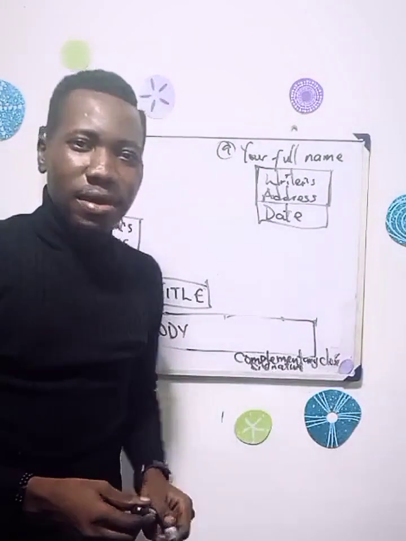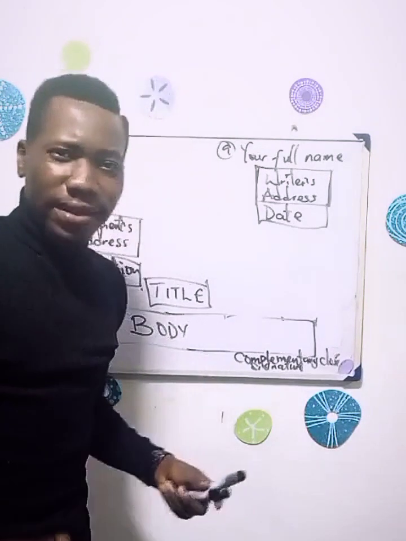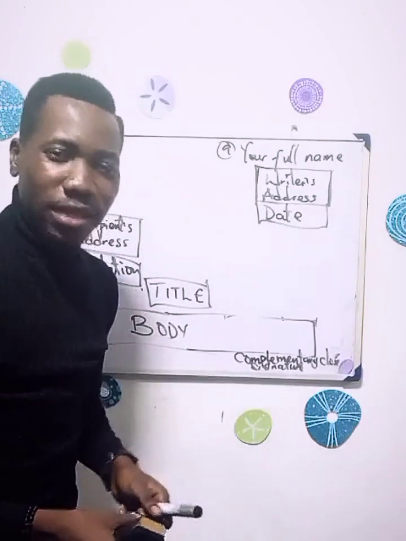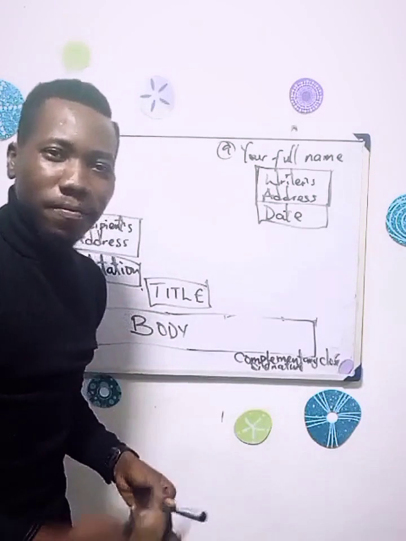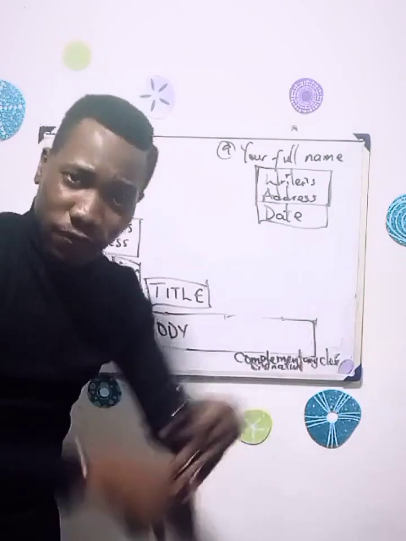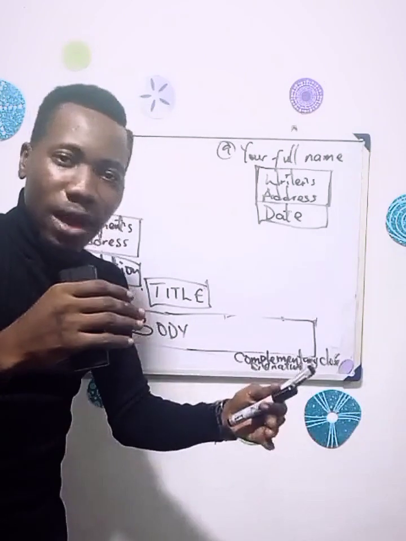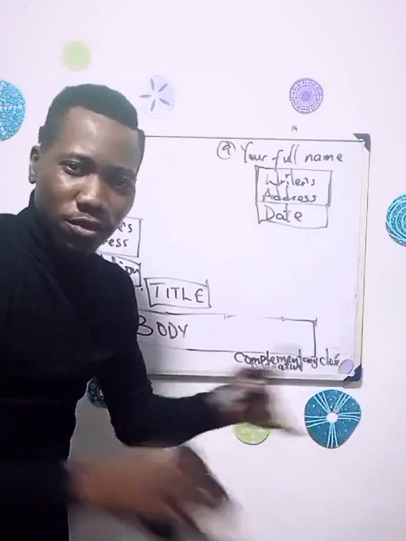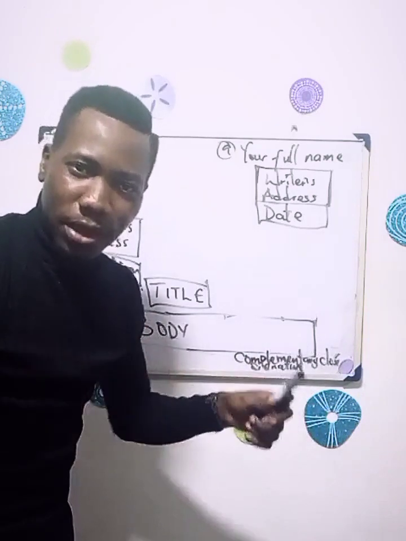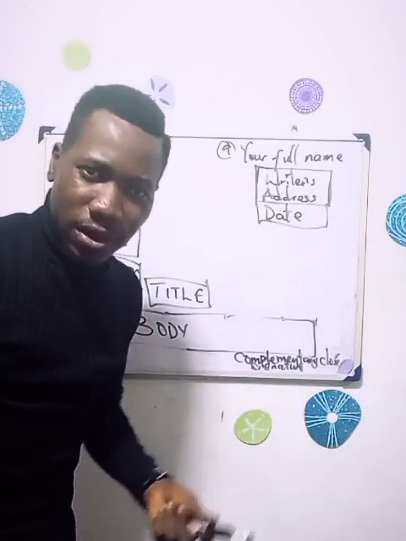Let's say we need to write a cover letter for an application. You are applying for a job somewhere. Let's say you saw a job advert in a newspaper and you want to apply. So in your envelope, you have your CV, your other documents, your credentials, your certificates, and all of that. Now you also need to write your application. So that's an example of a formal letter, an application letter.